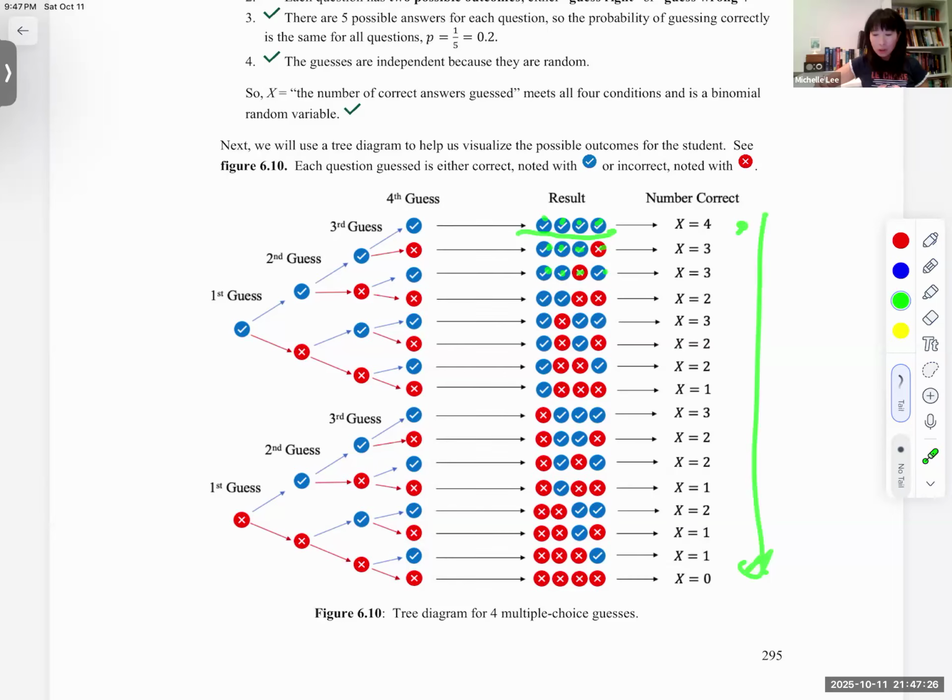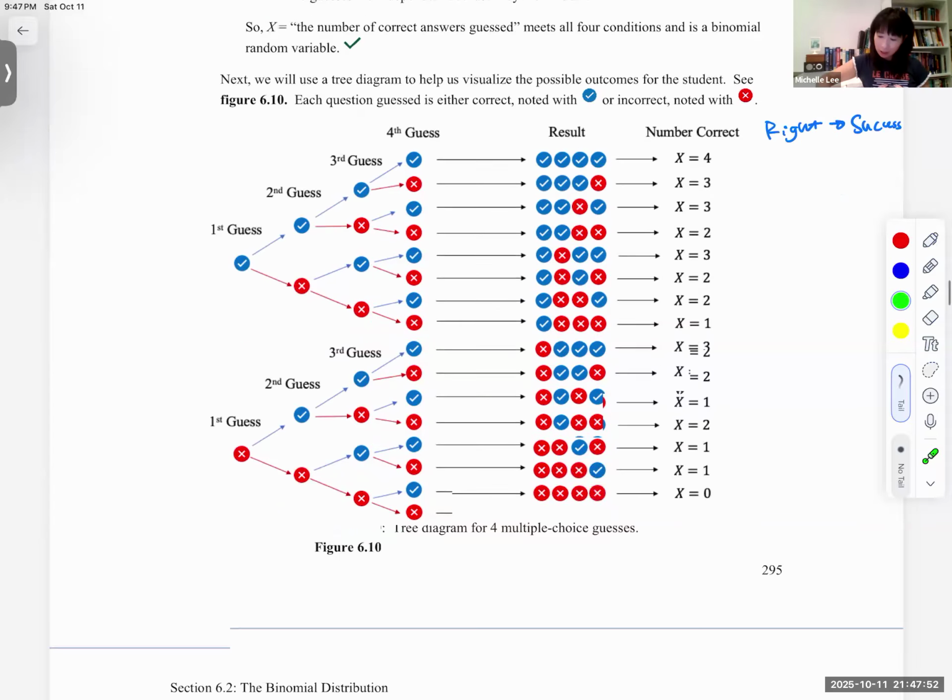And we talk about only the success. Success is get it right, right? So right is the success. Okay? All right, so zero success is zero. No, not zero. Wrong, wrong, wrong, wrong. Okay? All right, now